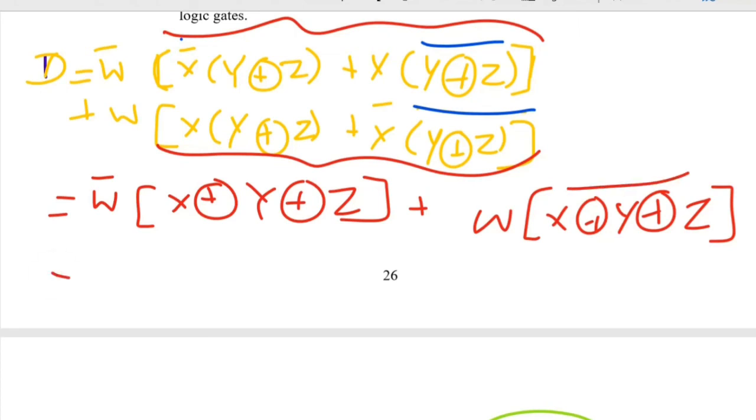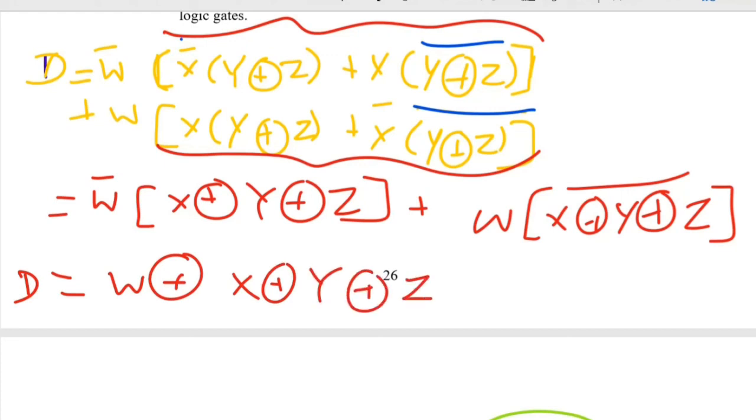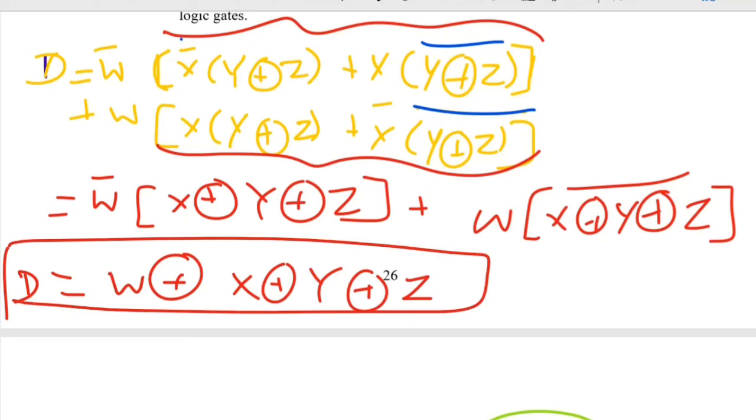Now again we can rewrite the same thing as D equal to W XOR X XOR Y XOR Z. So this is the expression for D.